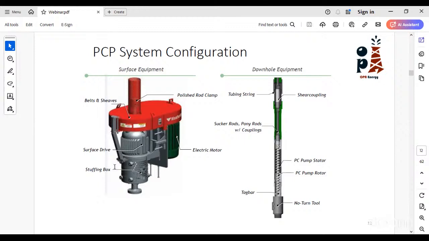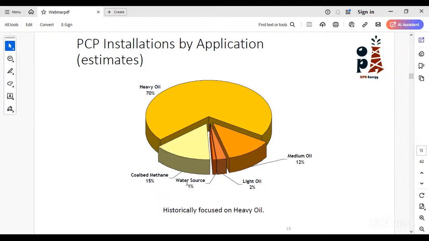After that, we have the stuffing box. And what is the importance of the stuffing box? The stuffing box keeps our flow or our fluids inside the tubing and to the pumping tree, so as not to affect the drive head or other surface equipment. So it is protecting the surface equipment. Okay.